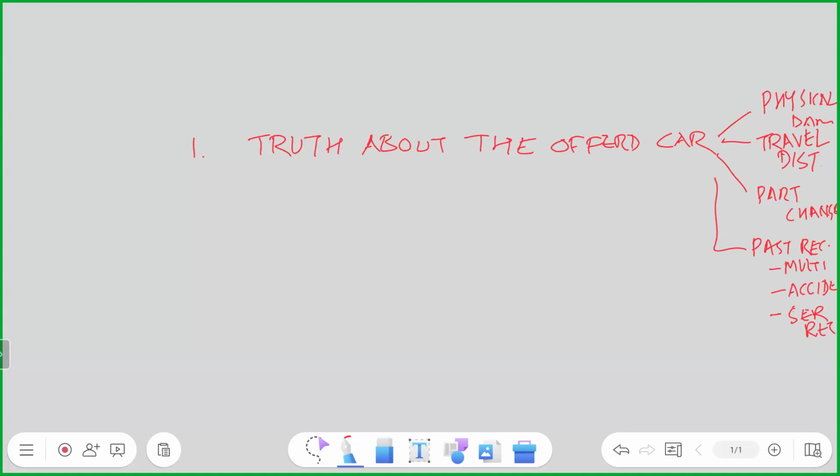Okay, but is there any other thing? Documentation. Authentic document. In documentation we are talking about this only. Physical damage है कि नहीं है, service records. The documentation of the car. The registration. Basically past record, multi owner, ये जो है ना, हाँ ठीक है। और बताइए।